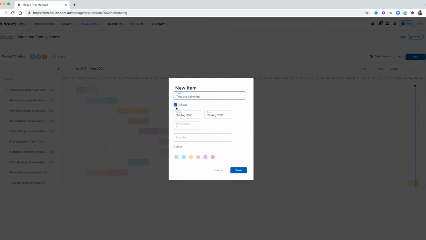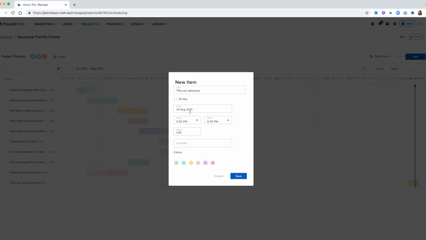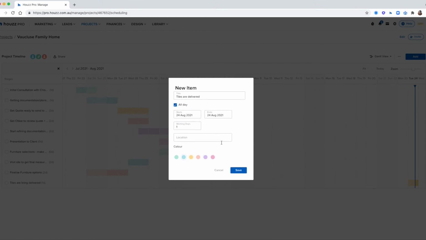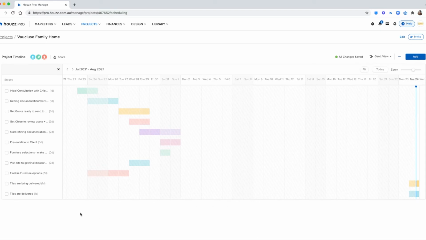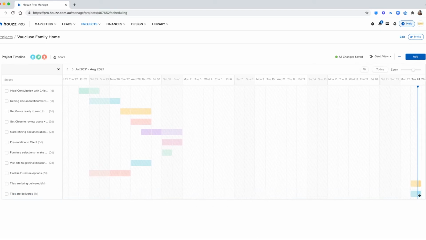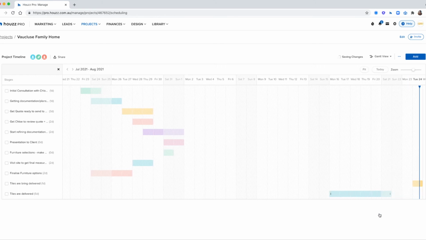You can allocate this to belong to the whole day. You can give it a certain time frame if that's what you prefer. You can give it a location and a certain color. Once you create that stage, it'll add in as a new chart. You can extend the days or change the days it falls on by clicking and dragging in your interactive Gantt